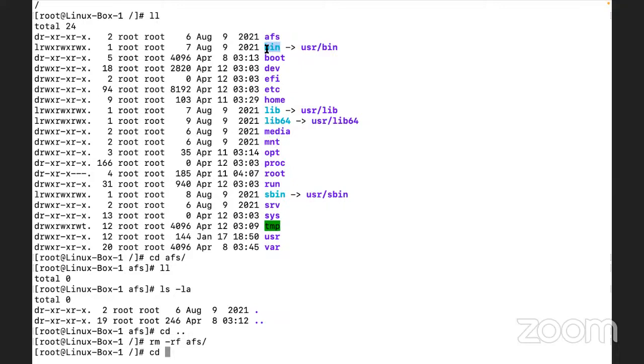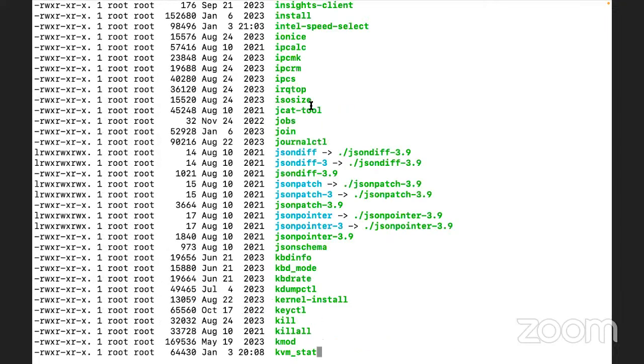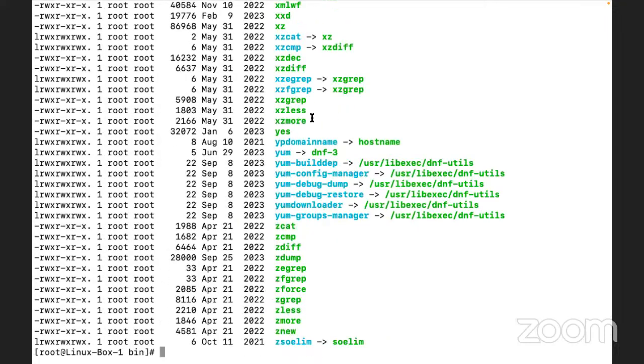So guys, if you see bin here, bin is a symbolic link, because right now we have a very good understanding of the Linux file system type and other things, right? So what does that mean? It is a symbolic link of /usr/bin. When we discuss this particular directory, we will definitely try to cover this bin as well. But right now, if you go here and check, you will get to know all the executable commands, like whatever commands are executable by a normal user, right? So those commands are found here.